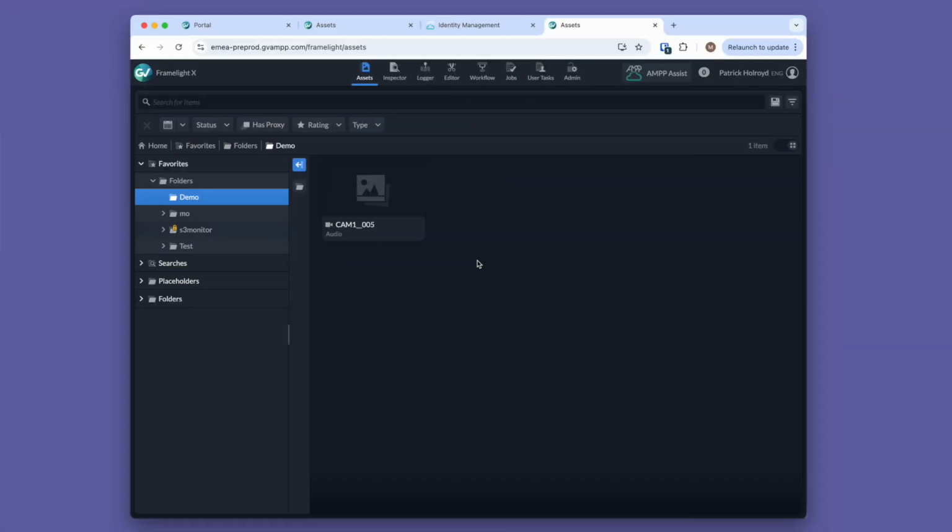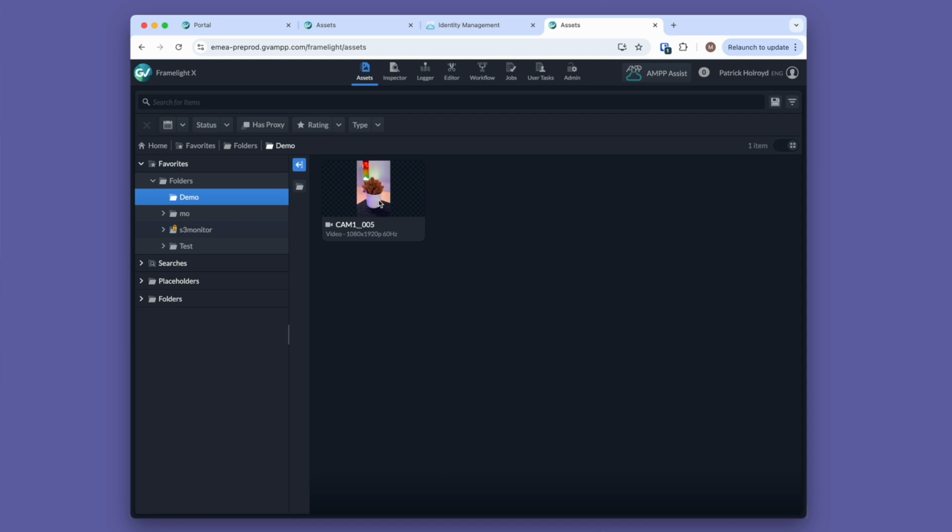And as you can see, a file has appeared as I've been talking in Framelite. Now that's actually going to get processed through a workflow that I've set up, which will generate the thumbnails and the proxy, but that could get processed now by any workflow that you have set up within Framelite, and it can be accessed by anything within Framelite within the bounds of what you've set.